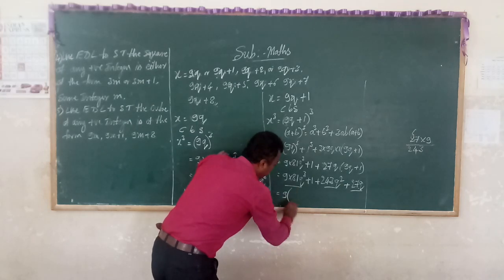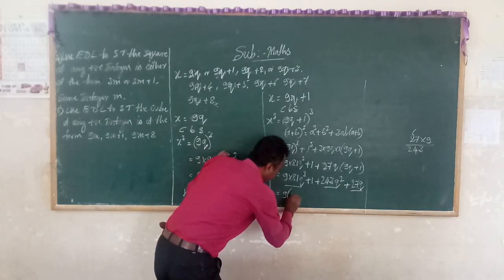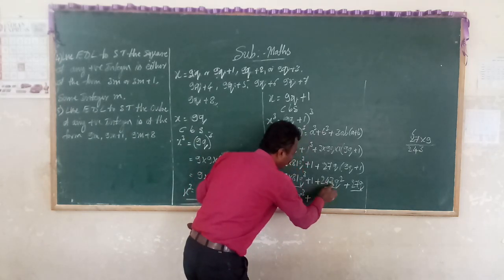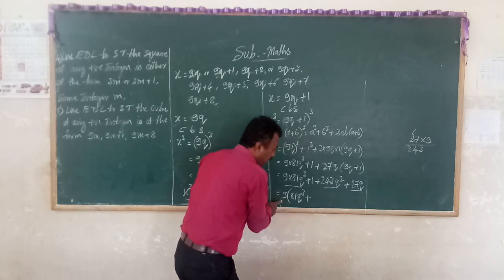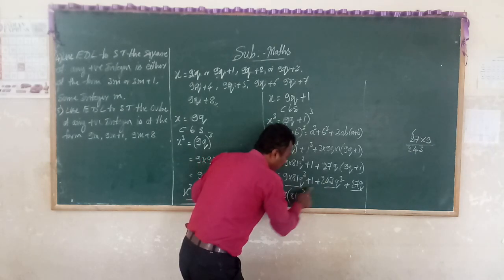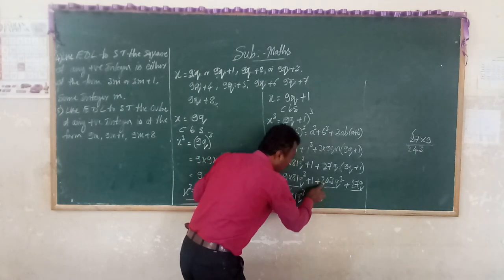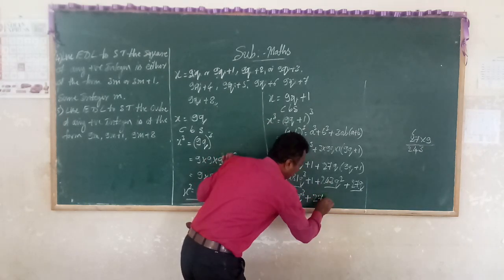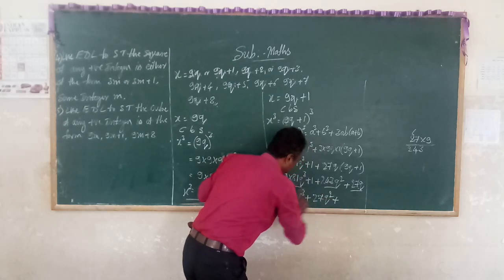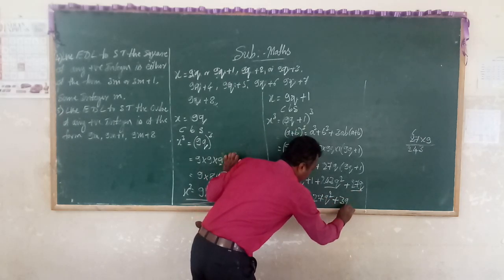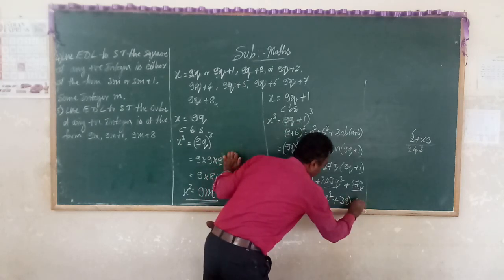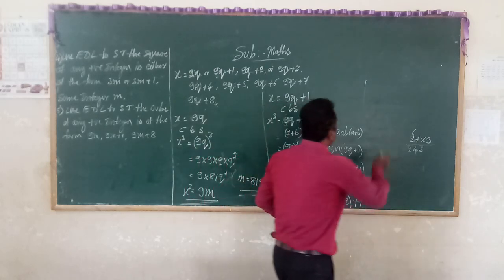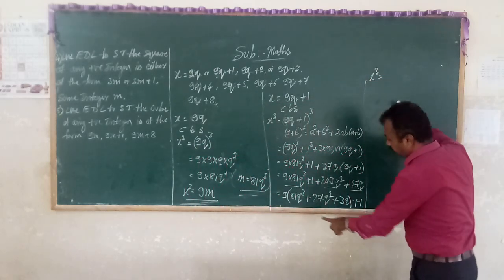So I will take 9 as the common factor. So remaining is 81 q cube plus here 243 is there. 9 is already the common factor. You should divide by 9. 9 2s are 18. Remaining is 63, 9 7s are 63 q square plus 9 3s are 27, 3q. So lastly finally plus 1. I will not put plus 1 in the group. So next, x cube is equal to here 9